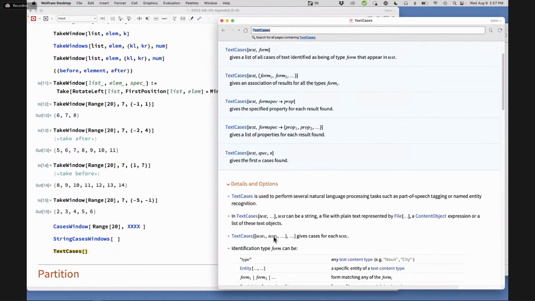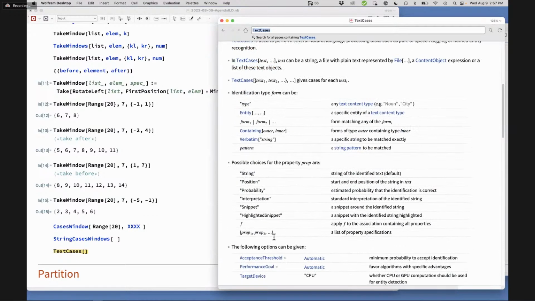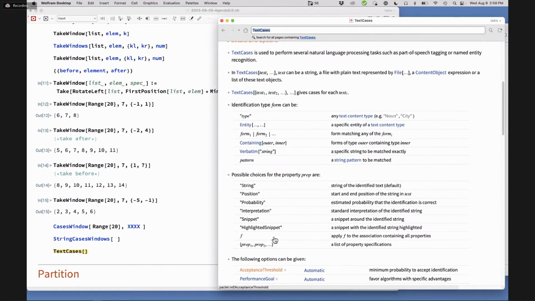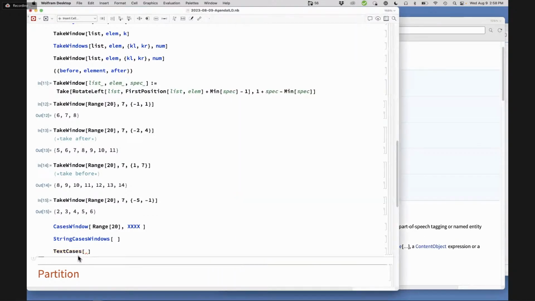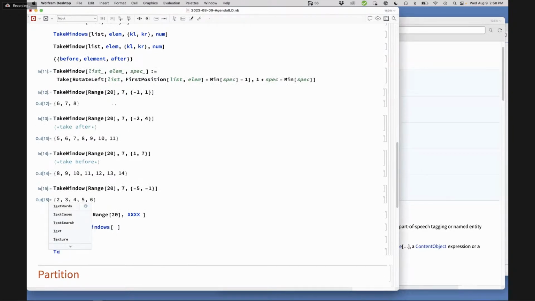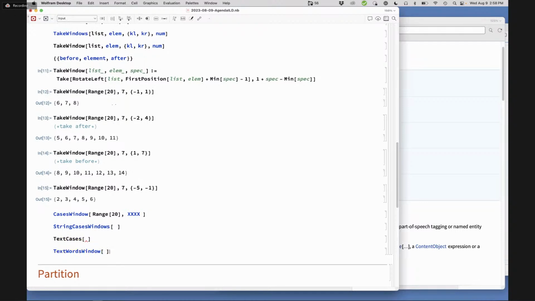You know, it's more like a text words window, so to speak. Do you see what I'm saying? Yeah. Right, which doesn't necessarily have to be words. It can be sentences or paragraphs or anything. Yeah. Well, I mean, so text cases window